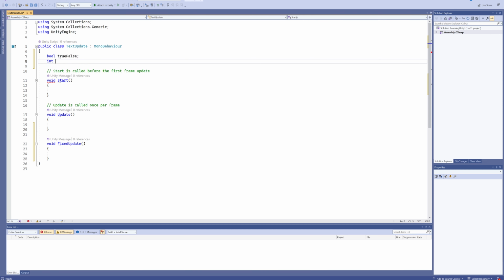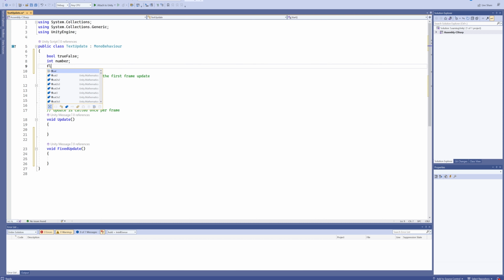Then we've got integers, which you're probably familiar with, because those are just whole numbers. So let's call this integer number. So that's 1, 2, 3, 4, 5, 6, all the way up to like 44 billion something. And these can also be negative numbers. So we can have an integer that is negative 25 or positive 36 or whatever you want. An integer, however, cannot have a decimal place. So if you want 1.5 or 9 3/4, if you're a Harry Potter fan, that's not going to fit inside of an integer. For that, we're actually going to need a